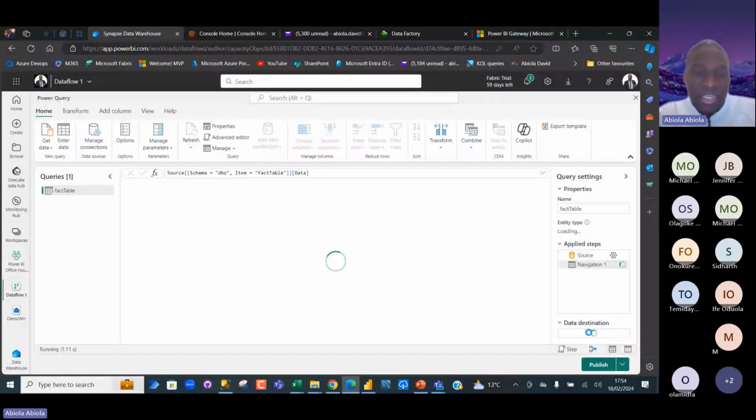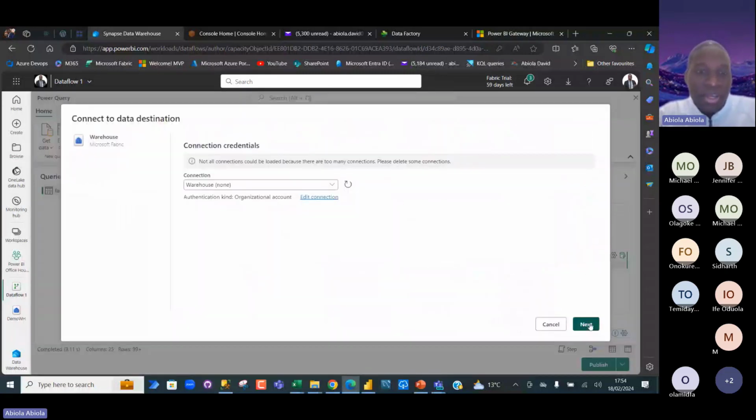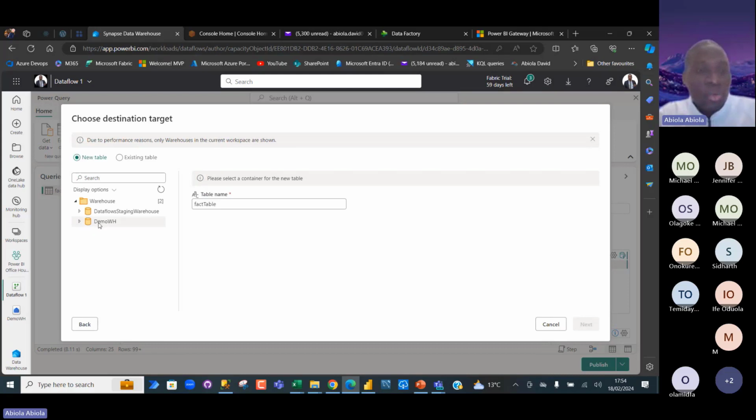specify the data destination. So now the data destination has been picked up automatically in the warehouse. You can even click on this gear icon to be sure, click on next. Okay. And then we can specify the specific warehouse. So waiting for that to connect. All right, okay, there we go. So you can see I've got the demo warehouse. I can double click. I can see the staging and the specific warehouse. Okay, so click on it and then click on next.